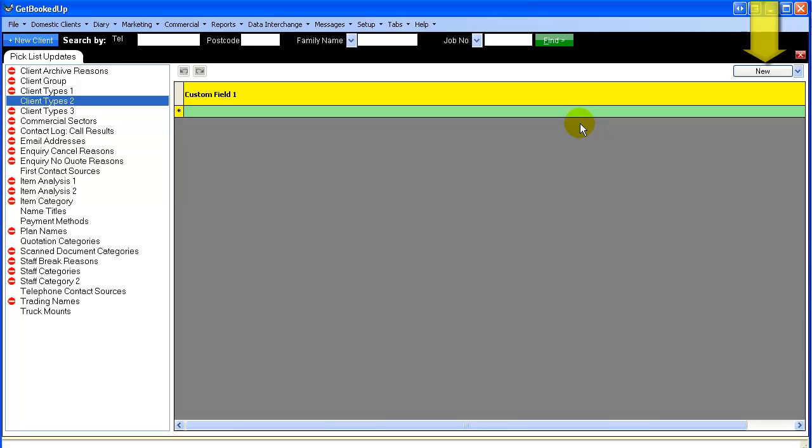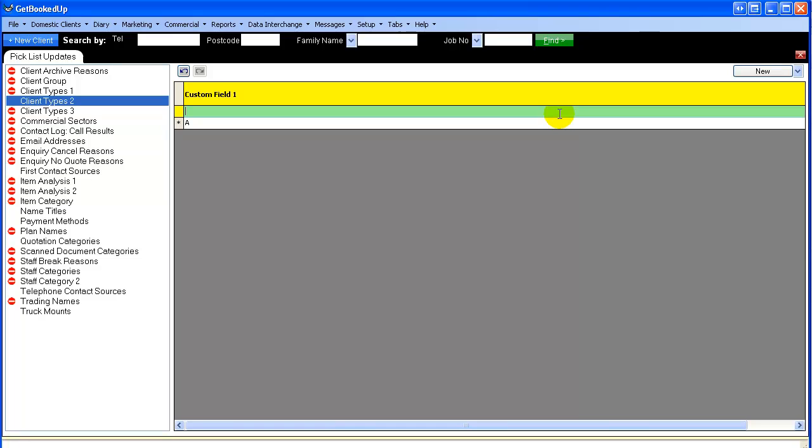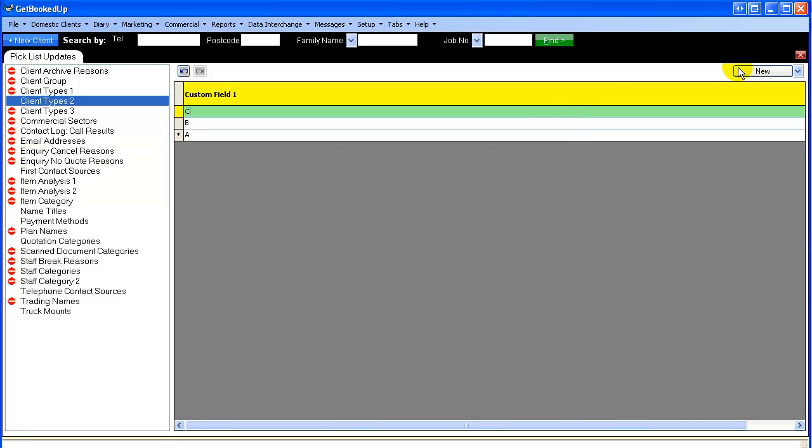So say you categorize your clients A, B, C. We can put category A in there. We can click add a new one, category B, add a new one, category C. If you decide that you don't want to use those names in future, you can just change the new button